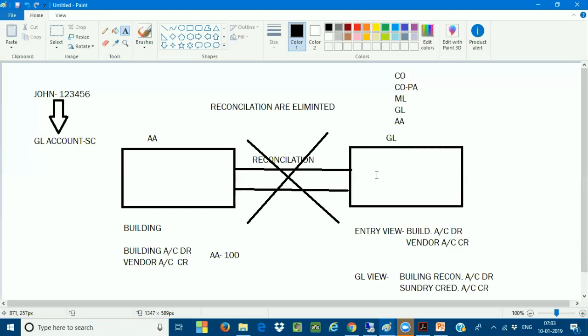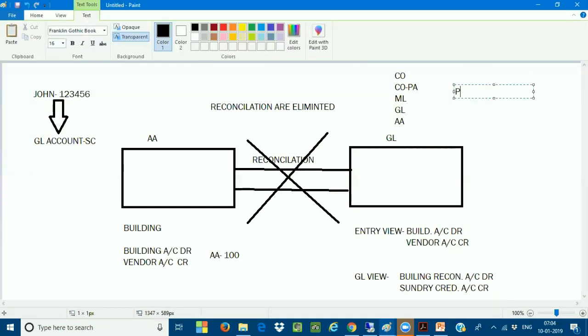Now from today onwards, I'm completely eliminating this reconciliation process, and you cannot make any kind of changes directly between the asset balance and the GL balance. Whatever assets you're posting, the same balance will appear in the GL. So no more manual entries are going to be triggered because I'm eliminating this reconciliation. I'm making the end user's job very, very easy now. Earlier, once it came to the month end closing, the end user was struggling a lot, because there was a difference in the asset accounting and a difference in the general ledger.